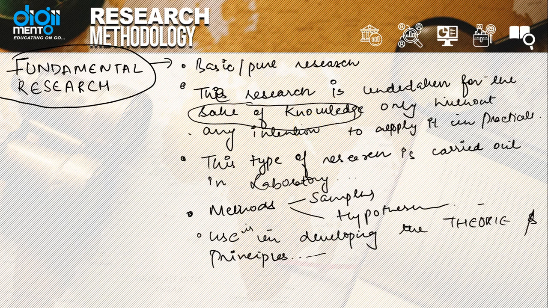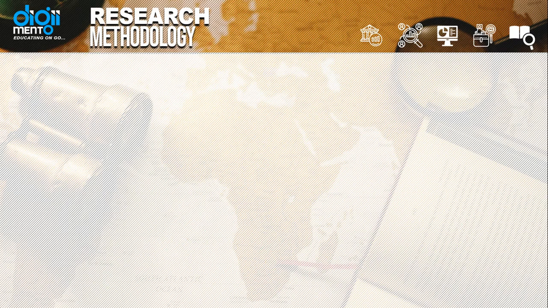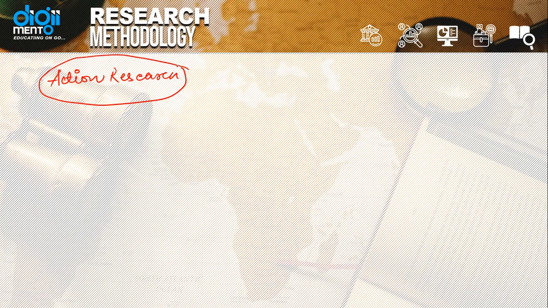Okay, so we already studied fundamental research, then we studied applied research. In applied research we studied evaluation study, which is a type of applied research. Now the next one is action research. As the name suggests, we take some action in this research. Okay, so what kind of actions do we take, and from where are we taking the actions? Okay, so many questions are there. So in this research, the aim of this research